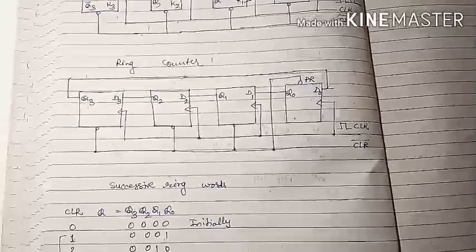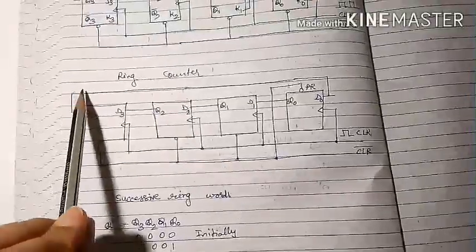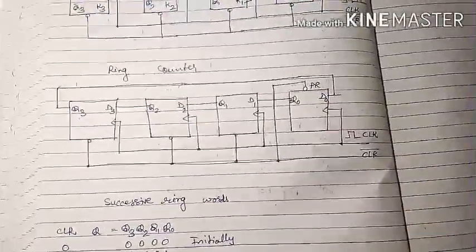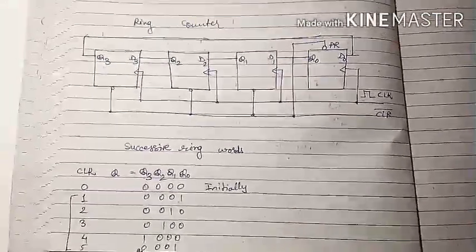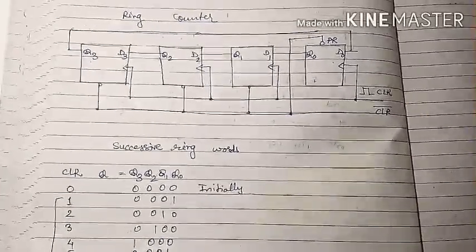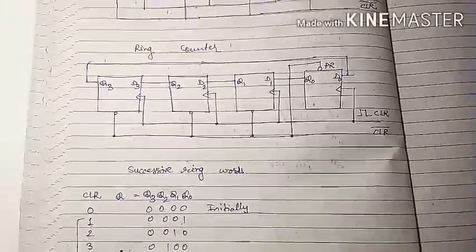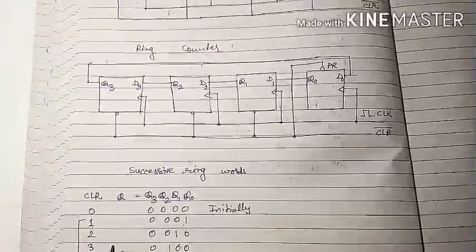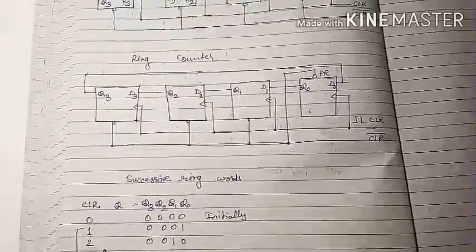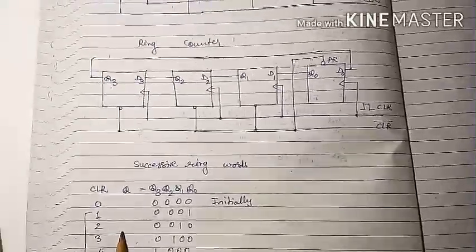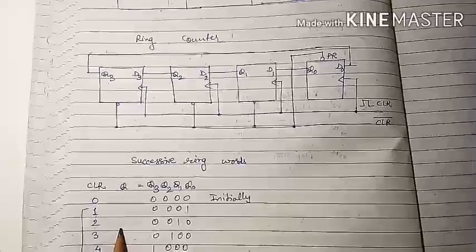When the fourth clock pulse occurs, this carry is fed to the input of the first one, therefore the output Q0 becomes 1. So the output becomes 0 0 0 1. In this way the ring counter works. You can use any number of flip-flops, n flip-flops for an n-bit ring counter. For example, with 6 flip-flops you can get a 6-bit ring counter. For 8 flip-flops you can have an 8-bit ring counter.